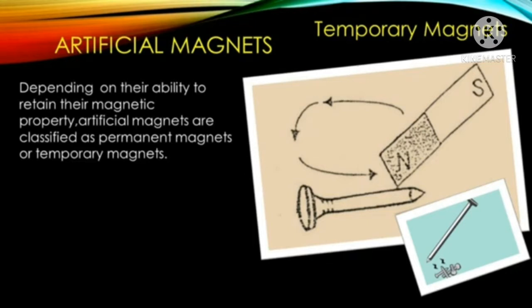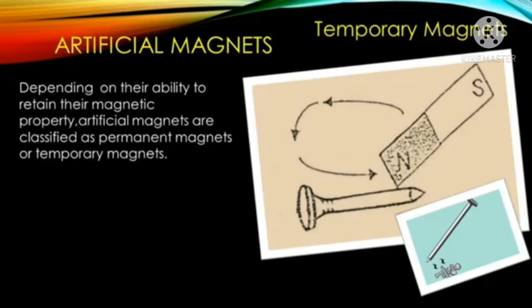The easiest way of making a magnet is by the stroking method. If we stroke an iron bar with one pole of a bar magnet repeatedly in the same direction, the iron bar becomes a magnet. Thus, we need two things to make a magnet: an iron bar and a bar magnet. Let us do an activity to make our own magnet.